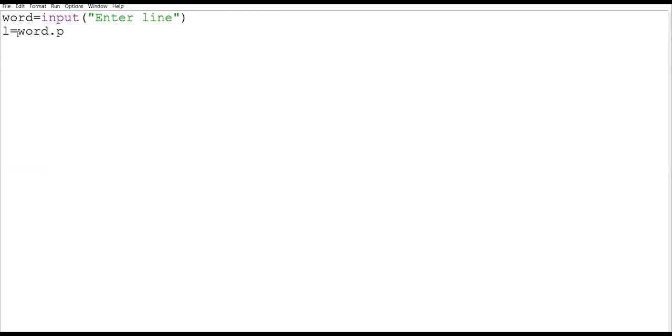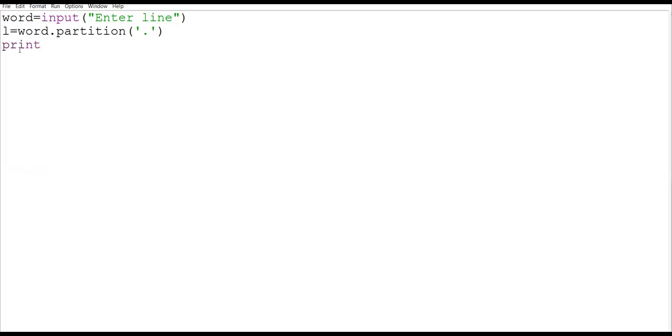So word dot partition is the name of the function. You can also use split, no problem. Then in the single quote, we need to give the character. Then after this, I know that L of 0 will be the initial part, L of 1 will be the point, and L of 2 will be the value after the decimal point.